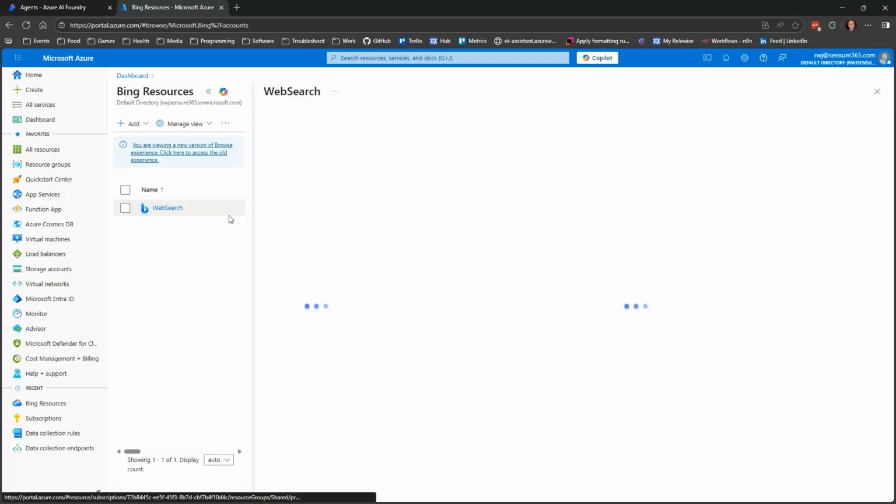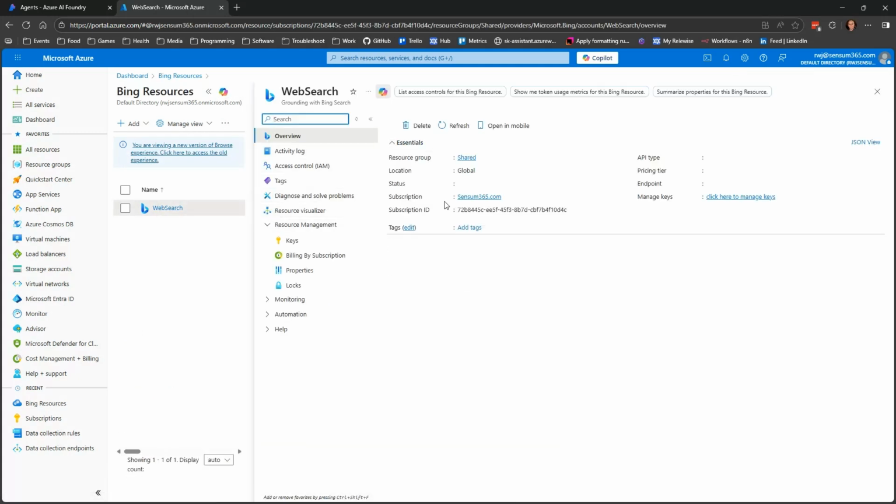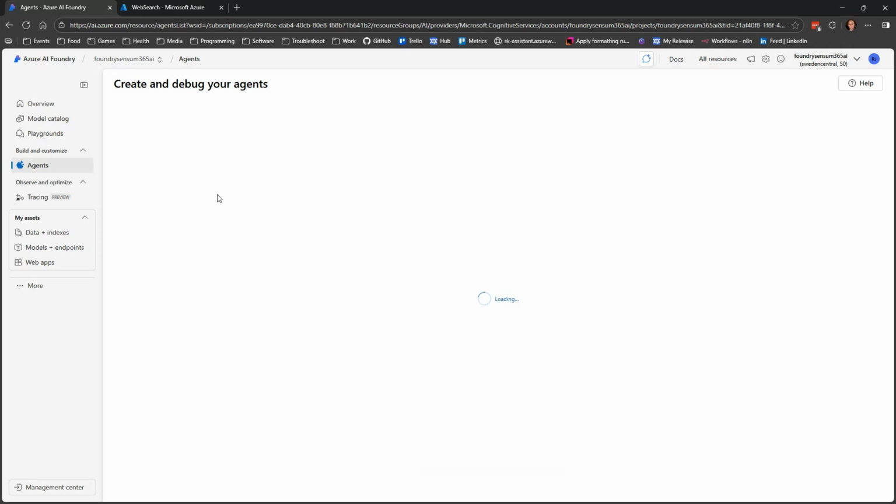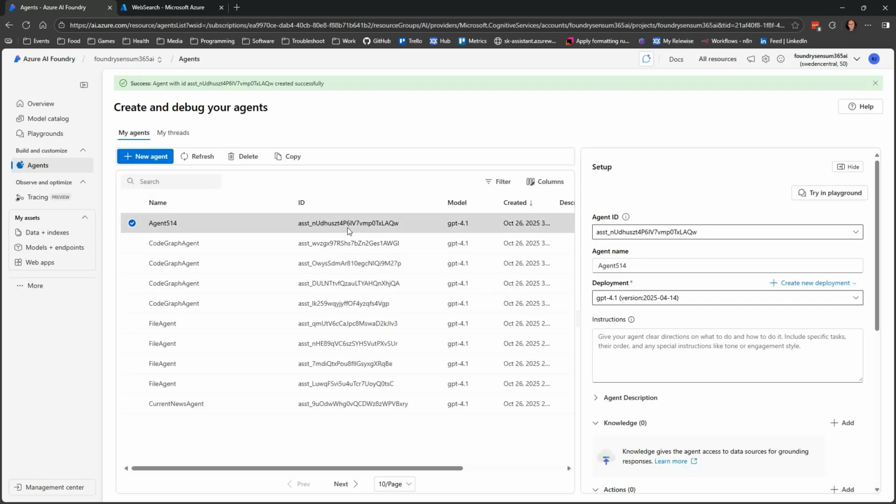And then, as it says in here as well, this can only be used in AI Foundry. So I don't know why we need to make it here, but okay. So we go to our Foundry, and we just take an agent or make a new agent, because as far as I can see, there's no API to connect the Foundry project with your Bing using code.